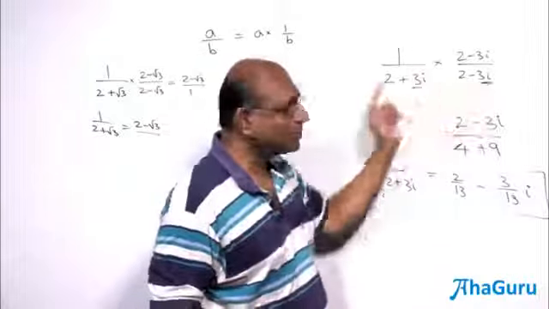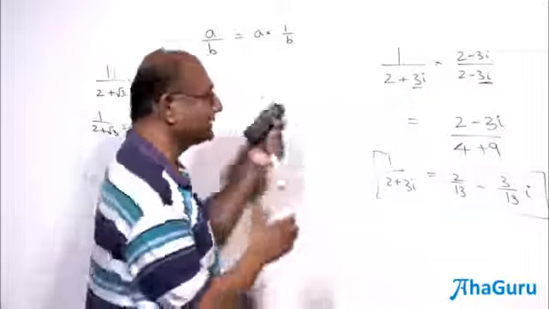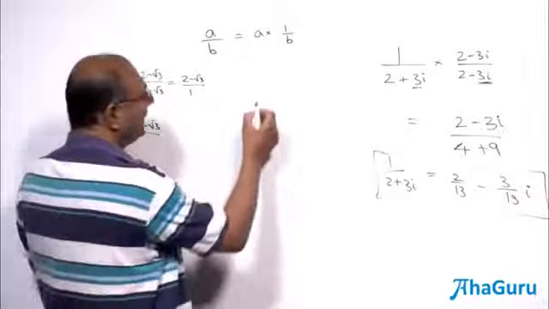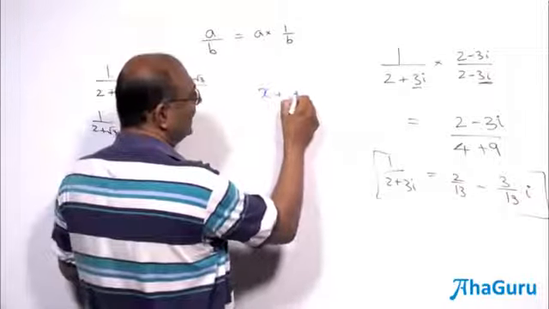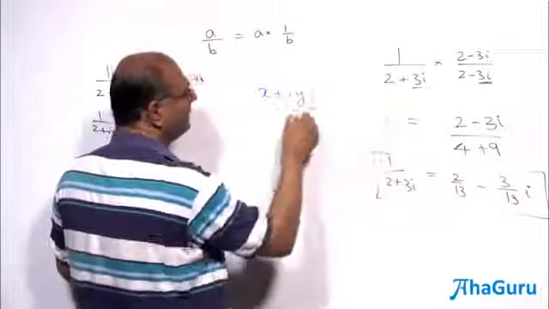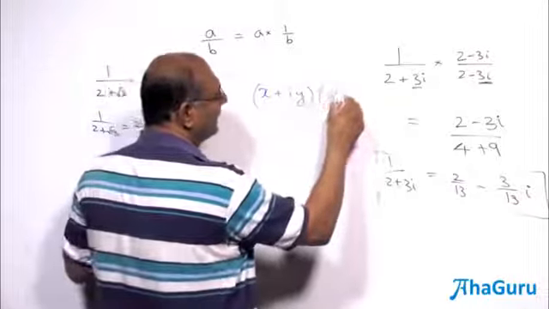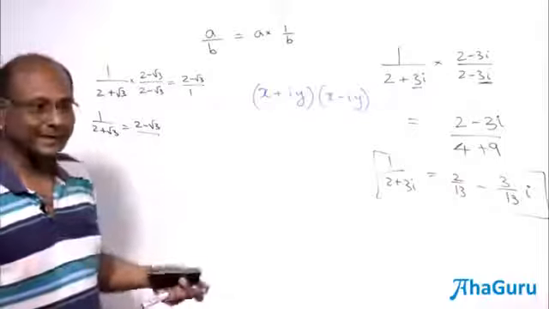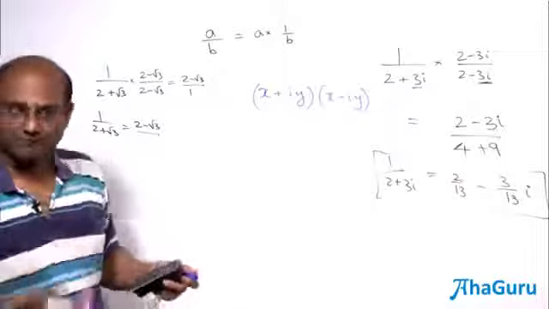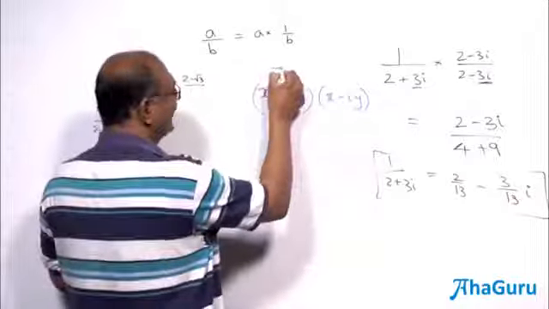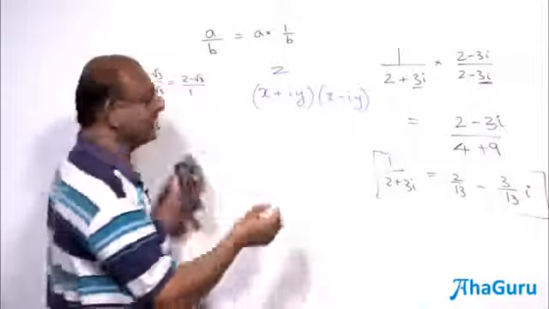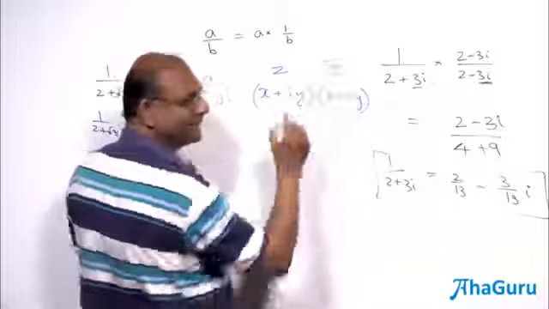So when will this combination become 0? In fact, it's a very useful combination. It keeps coming up many times. Whenever I have x plus iy, I'm going to multiply by x minus iy. I'm going to do this so many times. It's a good idea to give it a name. So we call this z. We call that conjugate of z. We write conjugate of z like that.